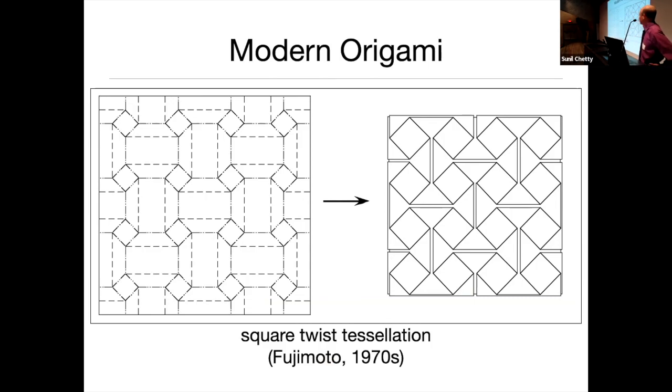And so when you fold it, you get another tiling. There's a lot of interesting math in this type of thing. Do I have another example? Yeah. What's cool about these is that when you fold them, they look interesting, but if you fold them out